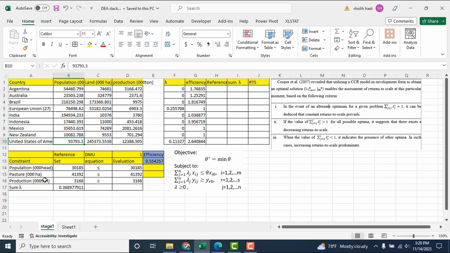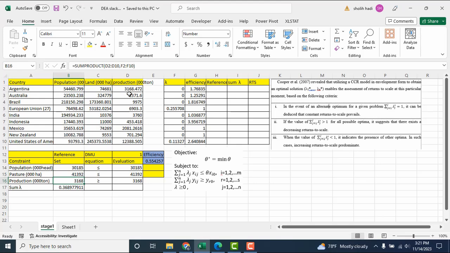And the second constraint about the pasture is the same: land area for DMU1 multiplied by lambda1 plus land area for DMU2 multiplied by lambda2, and so on until the finish. And here is the reference for the production.